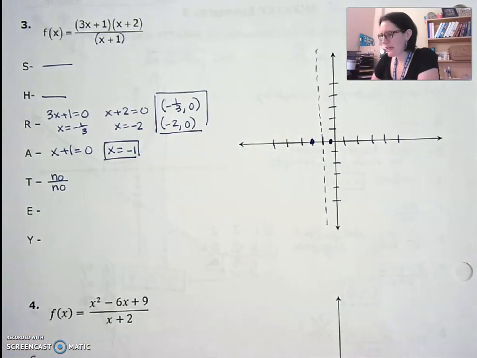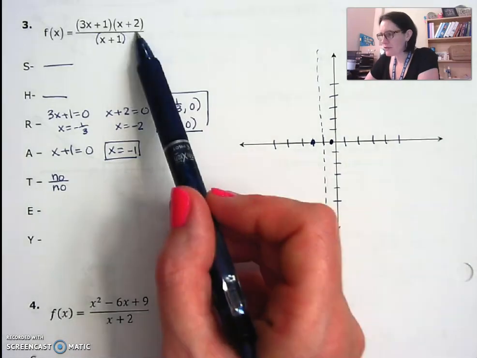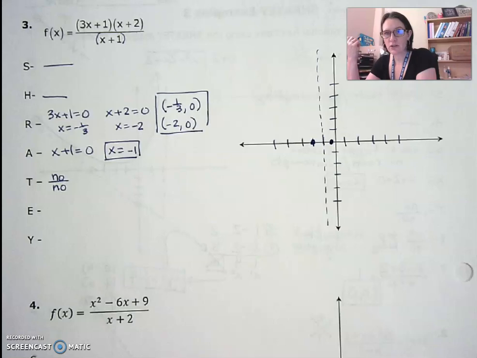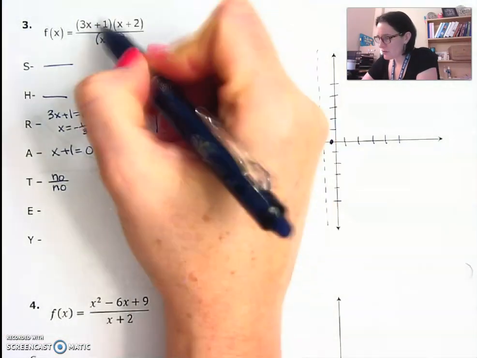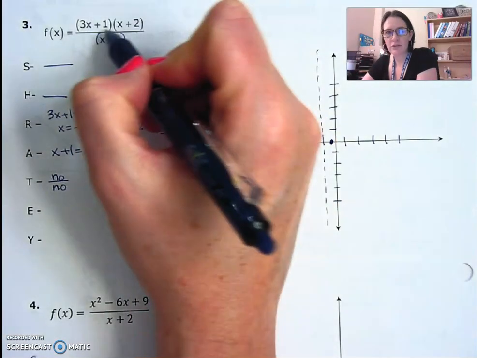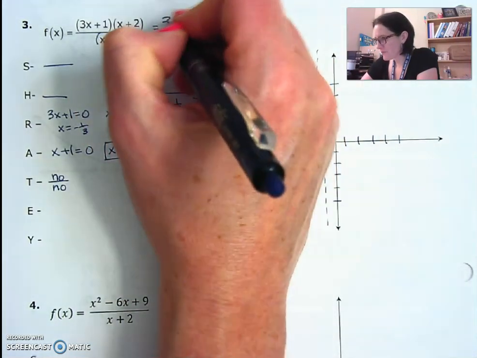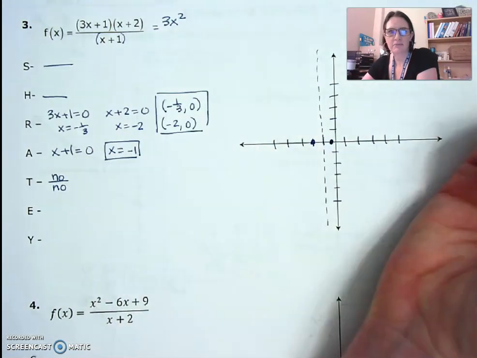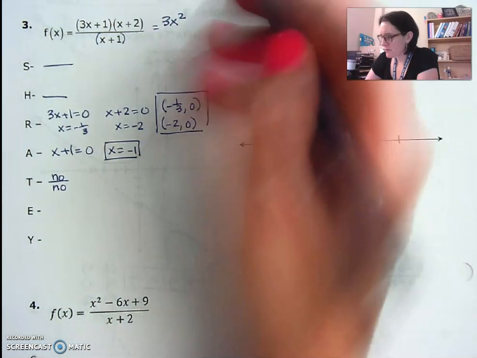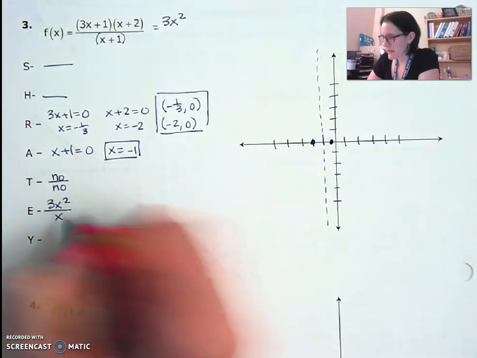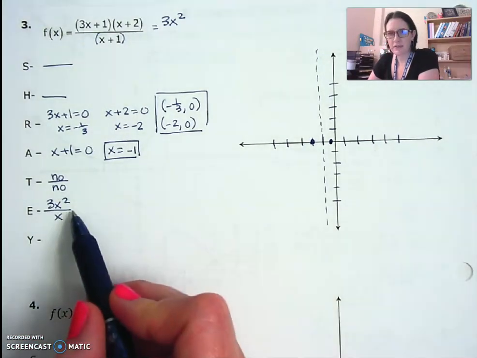E is for end behavior. Now, for end behavior, we always set up the ratio of the leading terms. In factored form, I don't know what my leading term is. That comes from standard form. So I can imagine for a minute that I FOILed out those two binomials. So multiplying the first terms together gives me my leading term. So the ratio of leading terms is 3x squared over x, and that is top heavy, so I need to